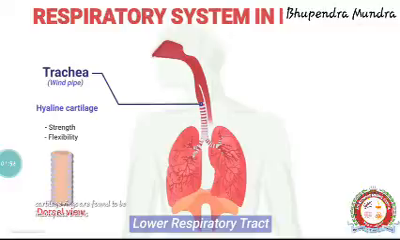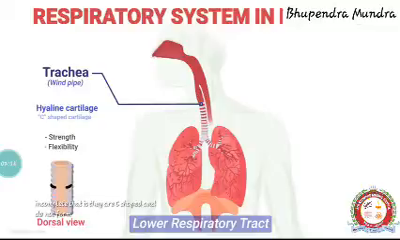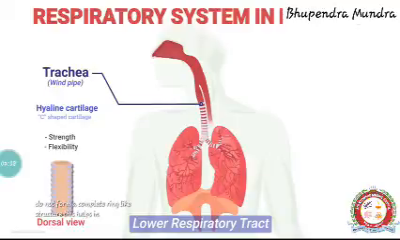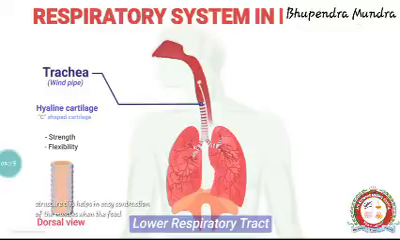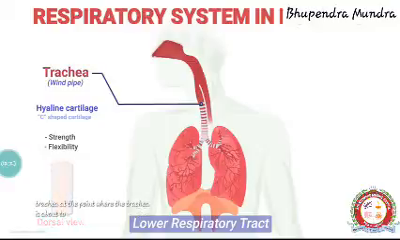That is, they are C-shaped and do not form complete ring-like structures. This helps in easy contraction of muscles when the food is passed down the esophagus, which lies just behind the trachea. At the point where the trachea is about to terminate,